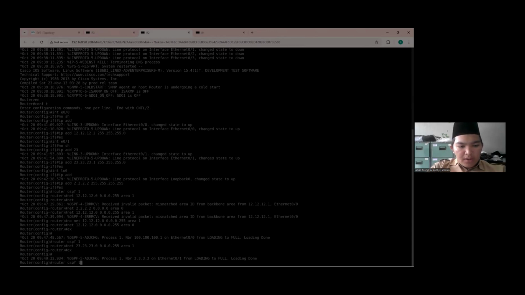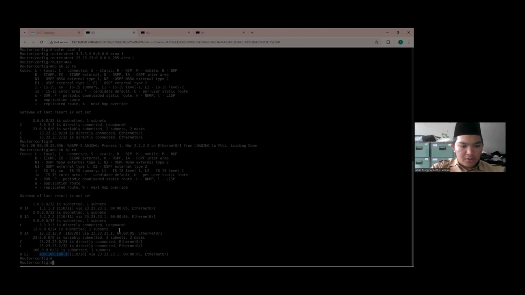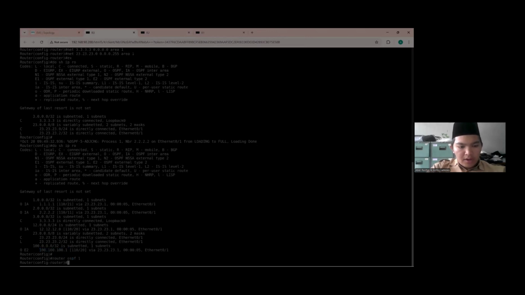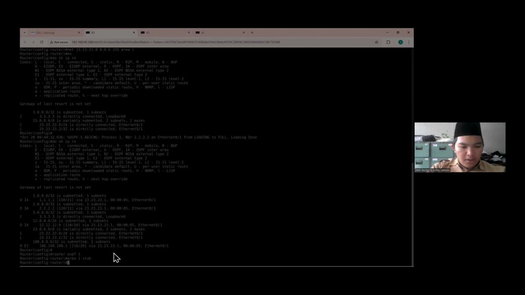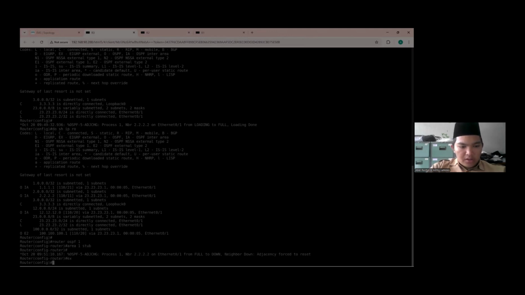We're gonna go to OSPF routing configuration first, and then we make area 1 a stub. Only like that, and we do the same in router 3, router OSPF 1, area 1 stub.